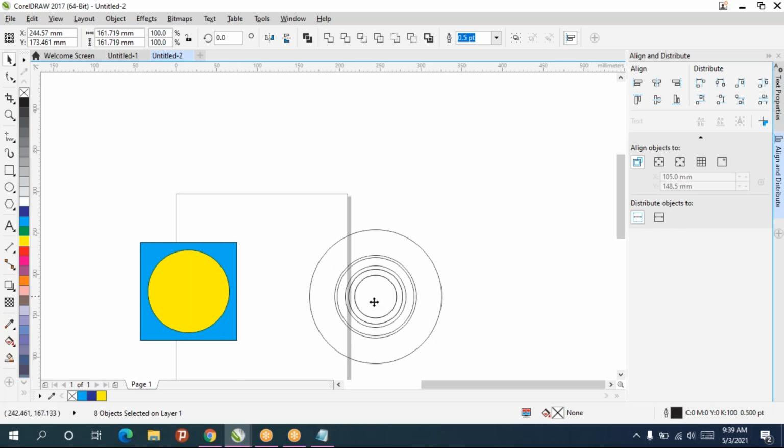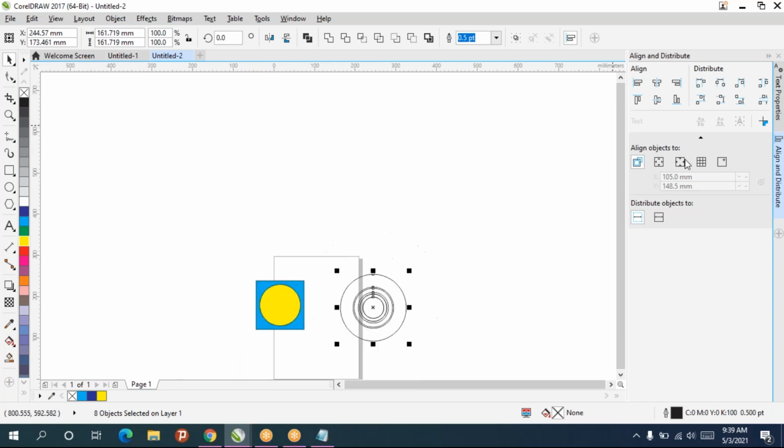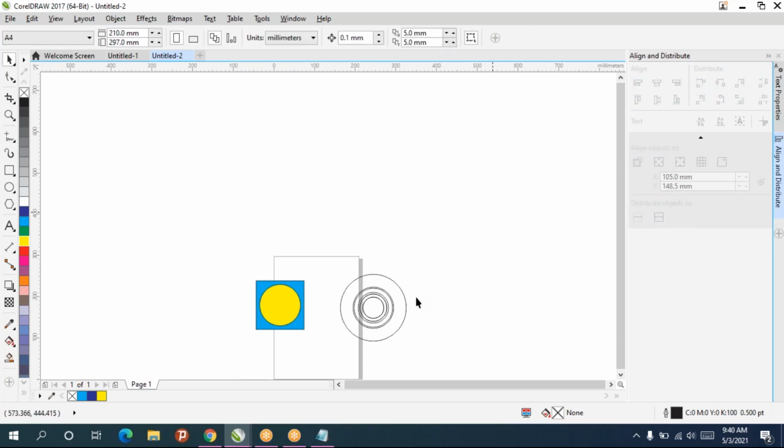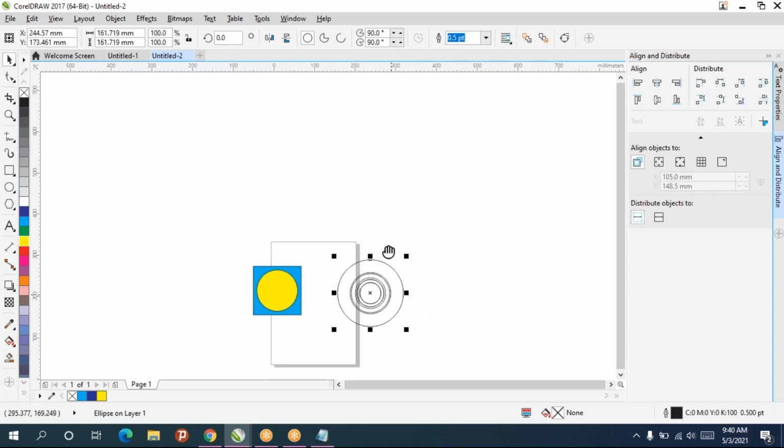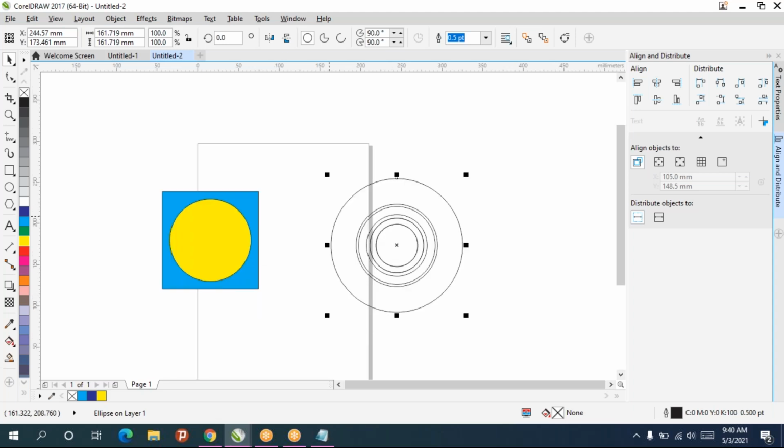B for bottom. Now C, so center, in the bottom center, and exactly in the center, once again you have to press E. So in the center. Or else you can enable this window, which is top, left, right. If you enable that one, it will be good.